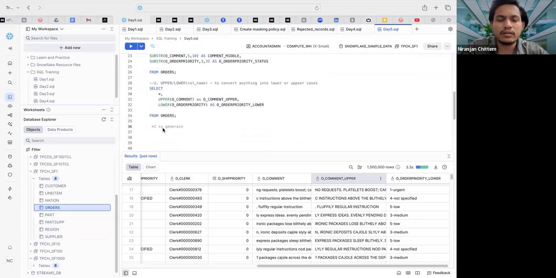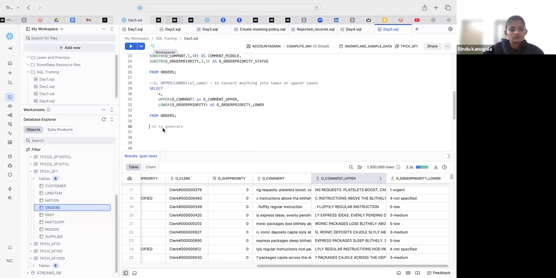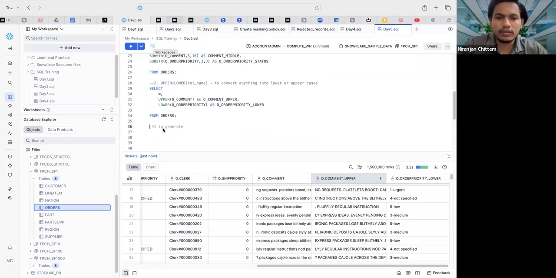Next. Are you good with this? What do you say? Upper or lower? Are you good with this? Yes, sir. Okay. Then I will say this is also a substring type of thing, but